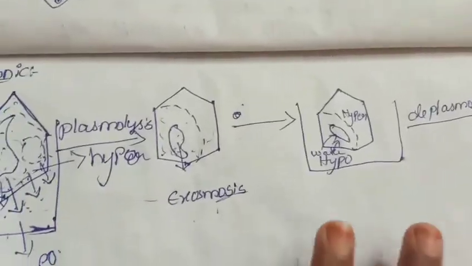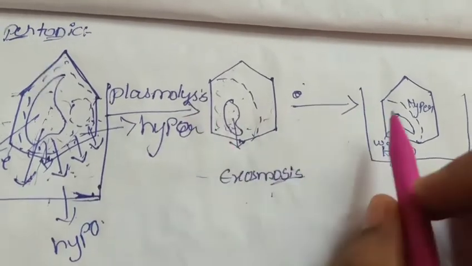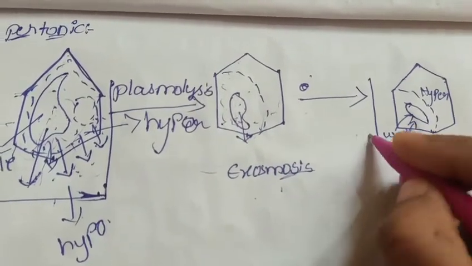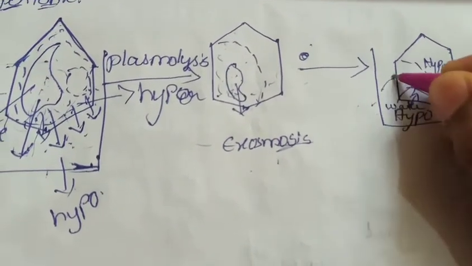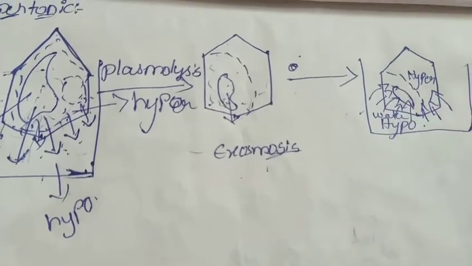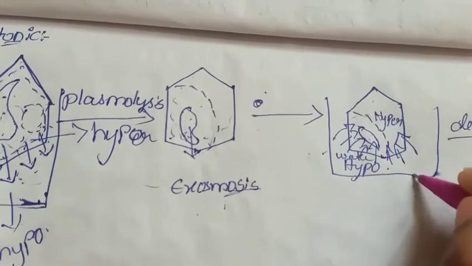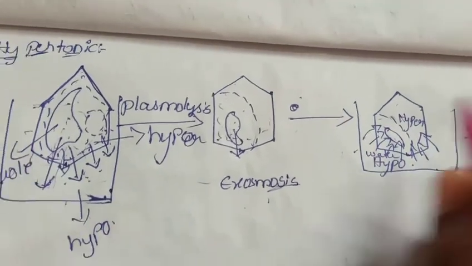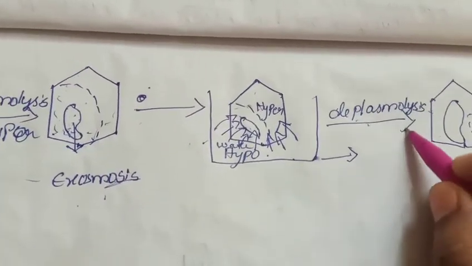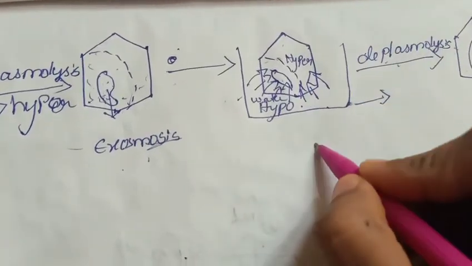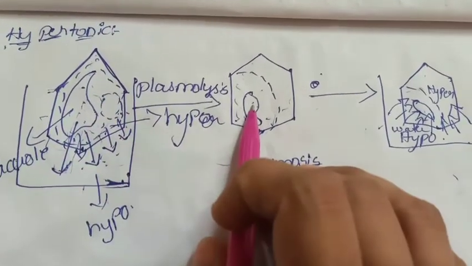Again, listen carefully. After the material comes out of the vacuole, the water molecules or substances which are outside will enter into the plant cell. Then it will again gain substances and the vacuole size will increase, and the same process comes back to the first stage where we have seen this. So this is called deplasmolysis. Then again it comes to the original position which we discussed here. Okay, this is about the hypertonic solutions.